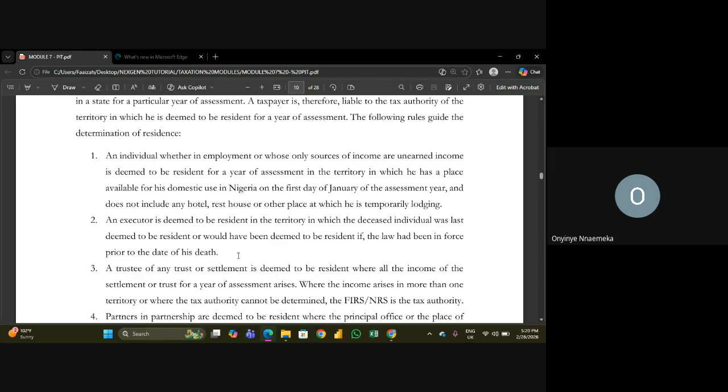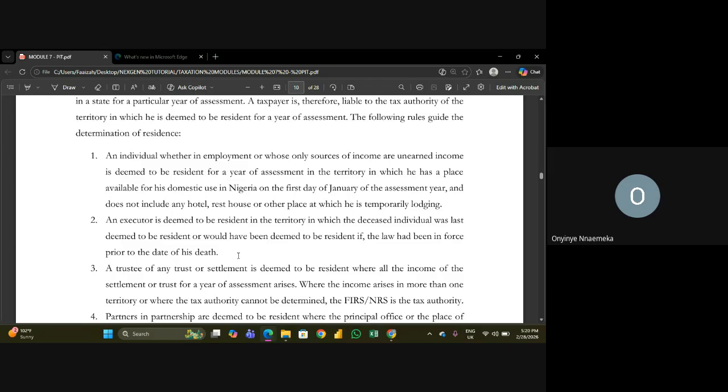Now, an executor is deemed to be resident in the territory in which the deceased individual was last seen to be resident, was last deemed to be resident, or would have been resident if the law had been enforced prior to the date of his death. Executor is somebody that, when someone dies and leaves a will, helps to execute his will. So now the executor will be